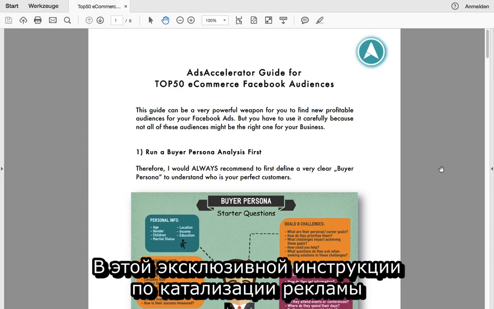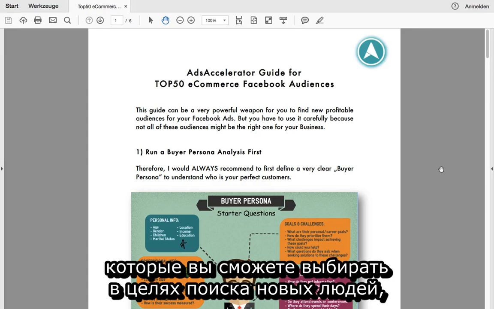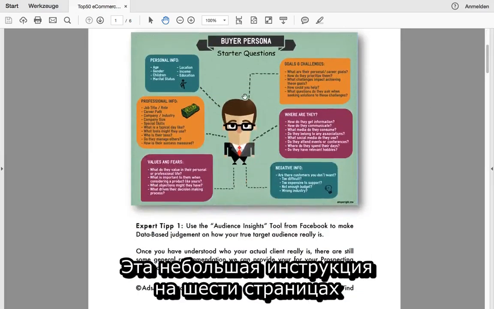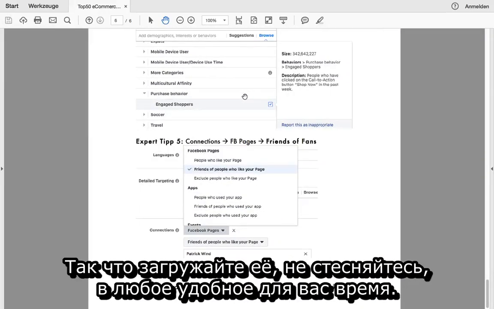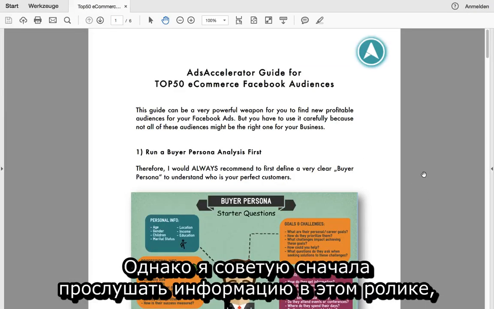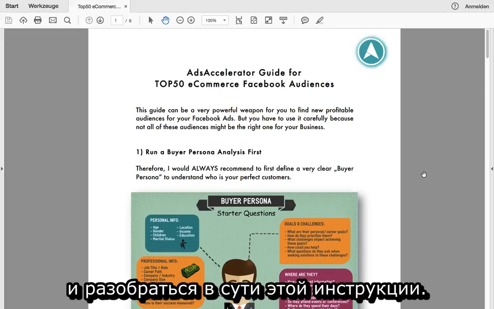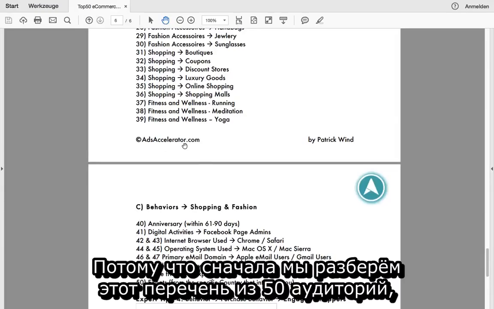In this exclusive Ads Accelerator guide, I'm going to show you exactly which are the top 50 most important interest-based audiences that you can select in order to really find new people and therefore scale your business with Facebook ads. This little guide of 6 pages is also available in the download section of this video, so feel free to download it, of course, at any moment whenever you want, but I would still recommend you first listen to this little video and understand what this guide is really about, because before we tackle the actual list of 50